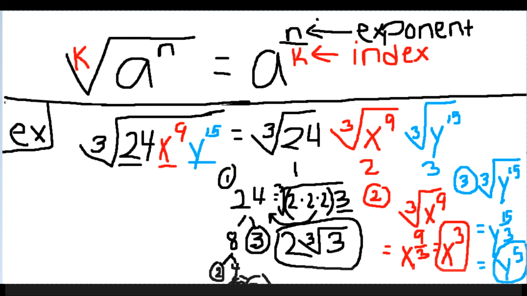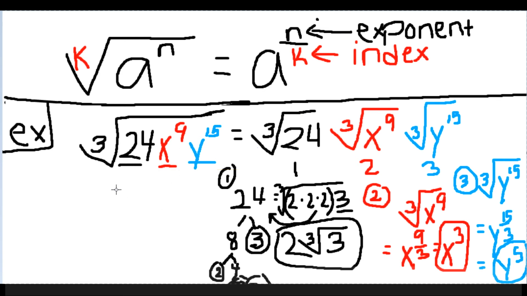Boom. There's my last piece. So I have my first piece, my number piece, my second piece, my x variable piece, and my third piece, my y variable piece. I need to now put it all together. So I'm going to come over here. So this whole big expression simplifies to, well, my cube root of 24 simplified to 2 cube roots of 3. Okay. My x to the 9th, that simplified, you know what, actually,